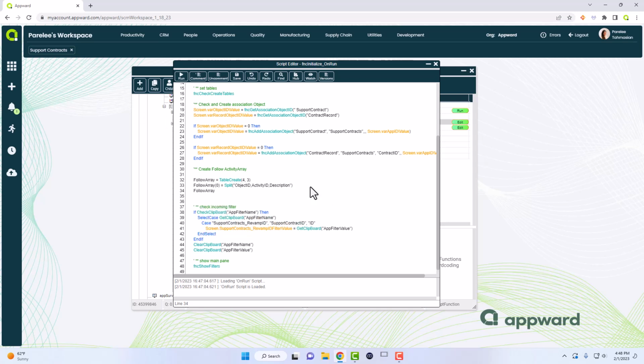Now, once we have our header, we will go to the next row. Follow array row 1. And we will be filling in the information that will be under these headers. So for object ID, we will be using the variables that we created under pop main. So it will be screen, which is pop main right here. It shows alias for pop main. Screen dot var plan activity ID value,